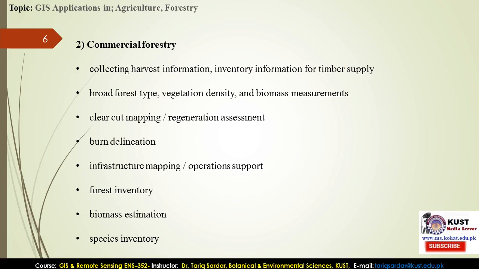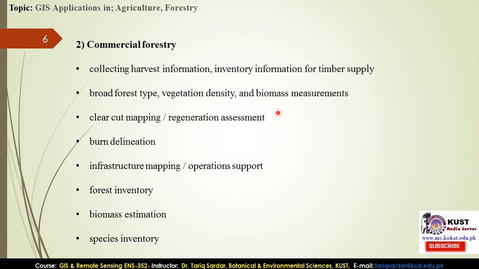Up next, the broad forest type. Vegetation density can be covered by the GIS based simulations, and also the biomass measurement, like what are the net primary productivity and gross primary productivity of that species or that forest cover in that area. And clear cut mapping: how much is being cut, how much is being harvested, and regeneration assessment, like how much